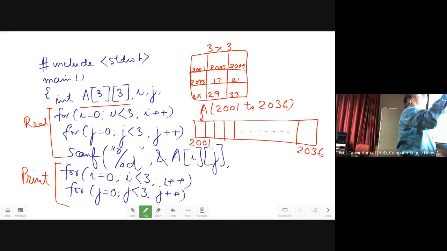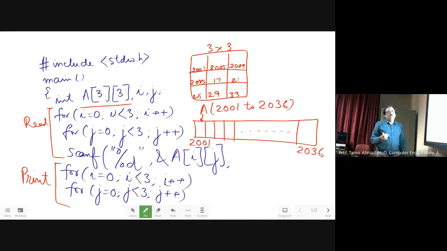Now this is the same. It's our perception that we are thinking of a 2D array, but it could be thought of as a 1D array also. When we are trying to use this concept, we are accessing the locations one by one. Now if I am going to allocate this 2D array using a pointer, how will it differ?